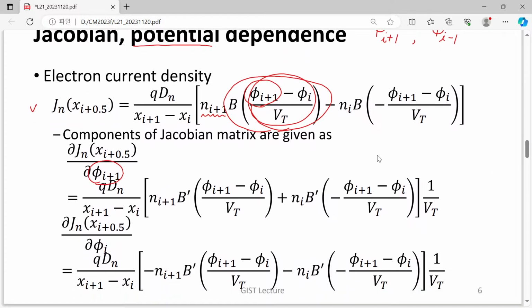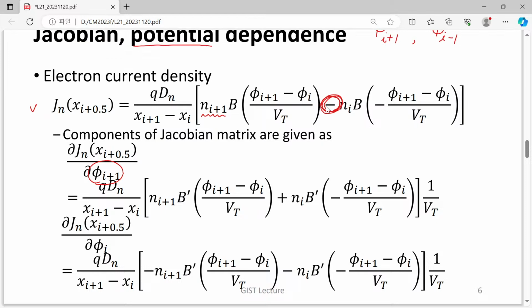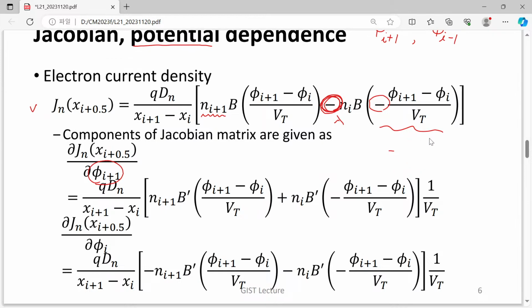Here we have certain numbers. So now previously we had this negative sign, but here we have a positive sign. What happens? Because here we have a negative sign. This negative sign gives us actually minus 1 over Vt, so they are combined here, and give you just a positive number. Okay, so now you can understand